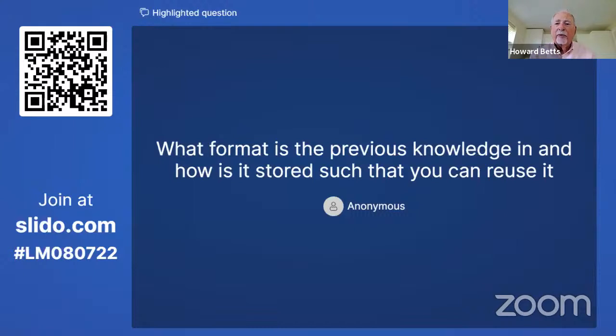What format is the previous knowledge in, and how is it stored such that you can reuse it? We used a Bentley platform, and we developed each case I showed you as an object-oriented class.